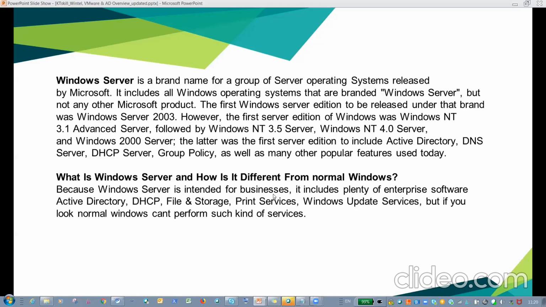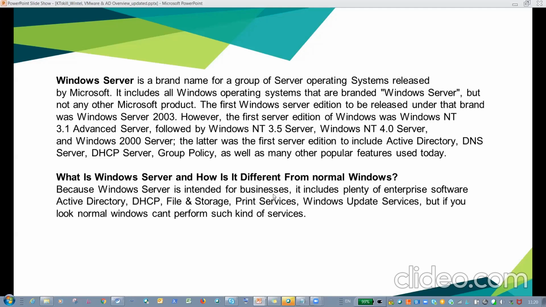Okay, so I'll start from Windows Server first. Windows Server is the brand name of a group of server operating systems released by Microsoft. It includes all Windows operating systems that are branded Windows Server, but not any other Microsoft product. The first Windows Server edition to be released under the brand was Windows Server 2003.